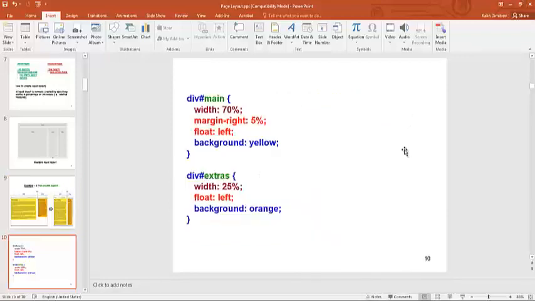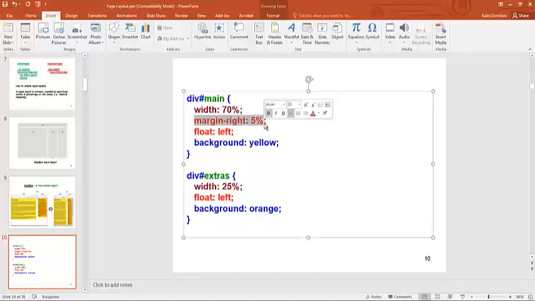How do we do this in the CSS part of the coding? As you can see here, we set up the main column to have a width of 70%. We set up the margin right at 5%. This is needed to create some breathing space between the two columns, and it's one way to do that. Without it, the text could become cramped. There really isn't going to be any space between the two columns, and it may get uncomfortable for the user